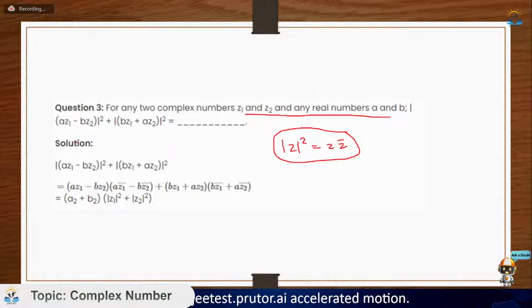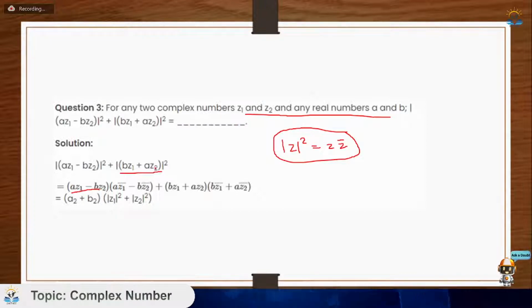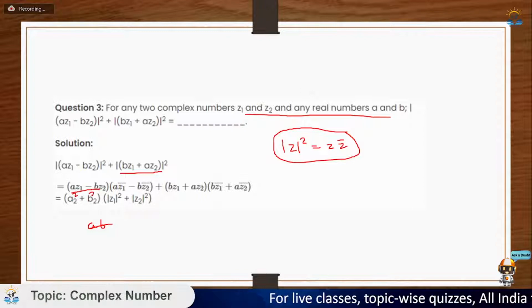So here z is equal to a z1 minus b z2. So a z1 minus b z2 multiplied by its conjugate. Conjugate is nothing but a z1 bar minus b z2 bar. Similarly with this expression, b z1 plus a z2 into b z1 bar plus a z2 bar. Now just multiply both these two equations. You will get a square plus b square